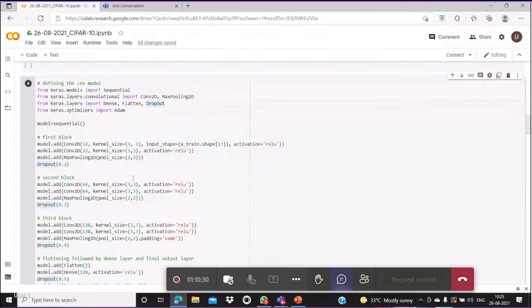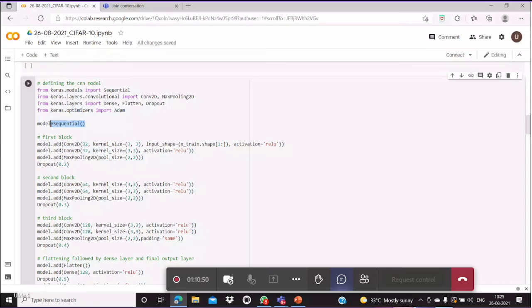Sometimes one neuron will be projected from the input to the output. If that neuron is not activated, the entire path is not activated. So in order to overcome that problem of overfitting, dropout of neurons is going to be applied. Now I'm going to initialize the Adam optimizer that I'm going to apply here.